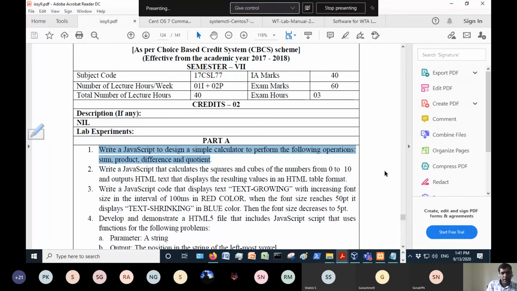So addition, multiplication, subtraction, and quotient. Is quotient the remainder after division? No, it's not the remainder. Quotient actually gives you the multiple value. For example, 9 divided by 4, the quotient is 2, because 4 twos are 8.